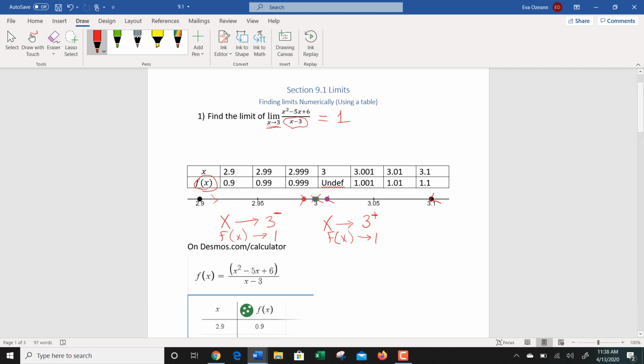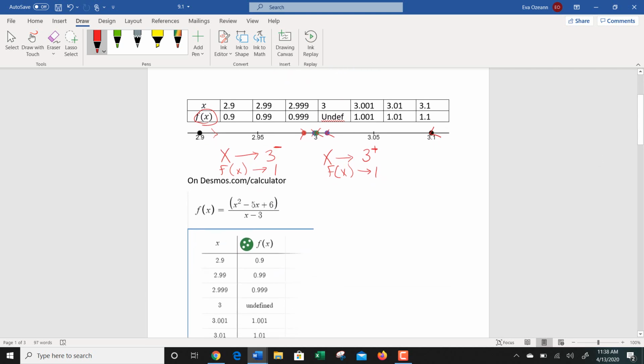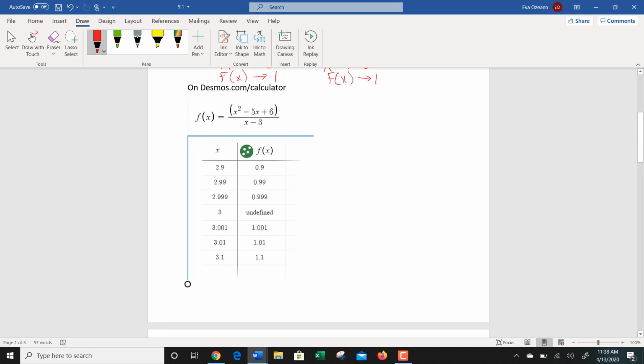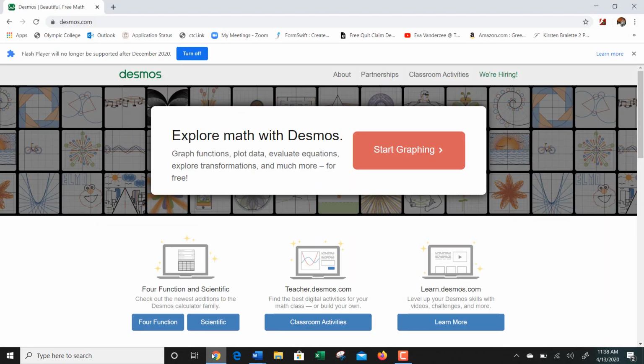Great. Notice that we can't actually plug 3 in because if we do, it's undefined. Now, going onto your calculator and doing this over and over and over can be a real pain. So what I've done is I've shown you here how to do this on Desmos. I'm going to switch over to Desmos real quick and just show you how to type all this information in. So if you go to desmos.com and you go to start graphing,